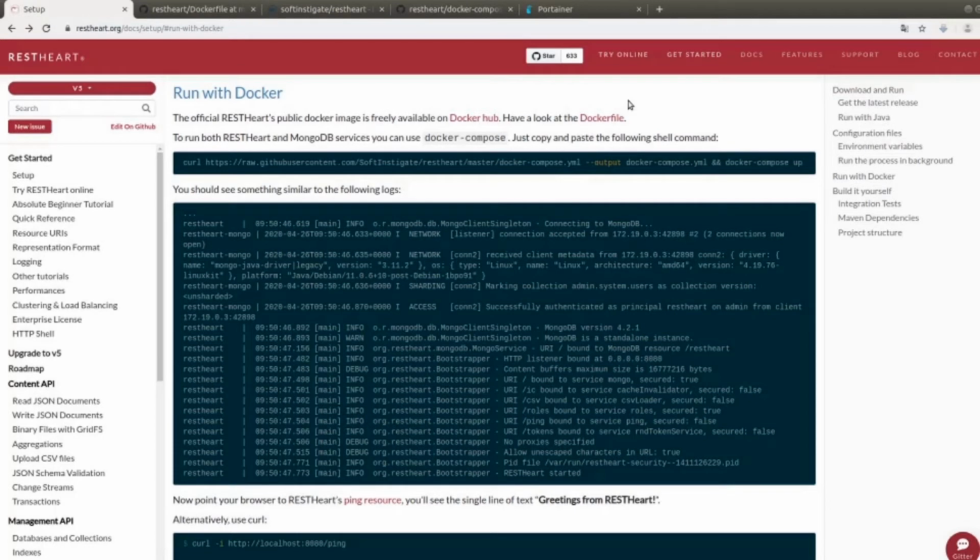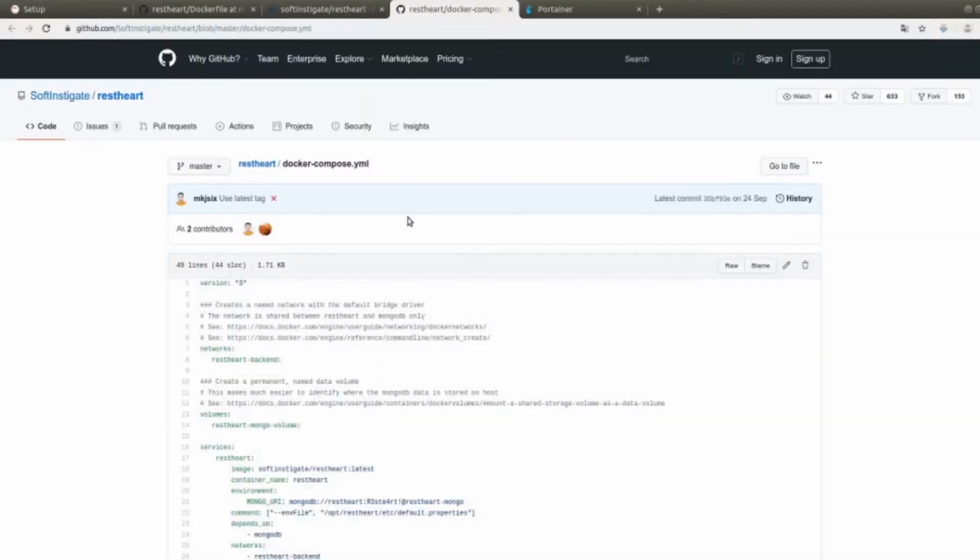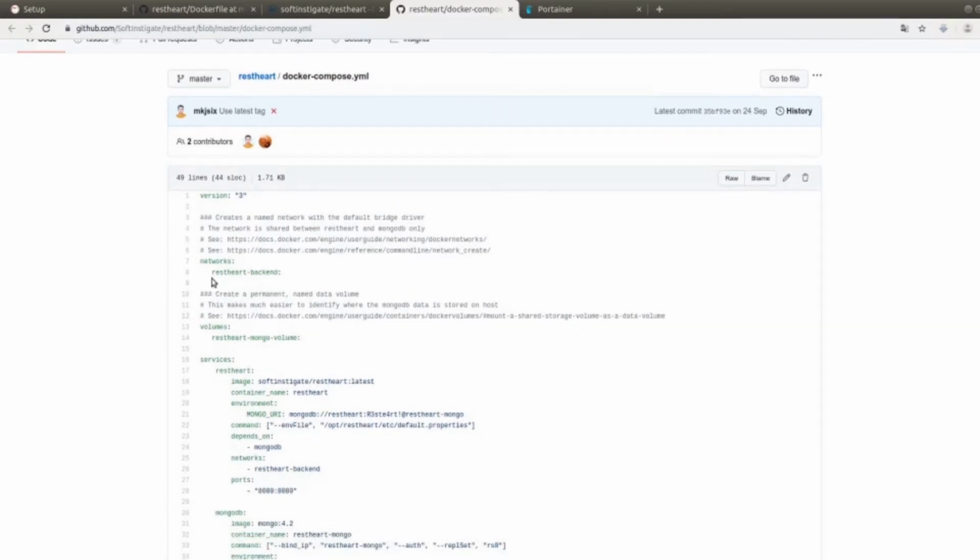Let's take a look at the file directory on GitHub so that we can understand how it works and how this infrastructure is created. We obviously need Docker and Docker Compose already installed on our computer, and at least a basic understanding of the Docker Compose notions in order to find our way inside the configuration file. As we can see, a restart backend network is created to allow the containers to communicate with each other. These containers are Restart, generated starting from the image we previously saw, and MongoDB, which is created starting from a 4.2 version of MongoDB's official image.